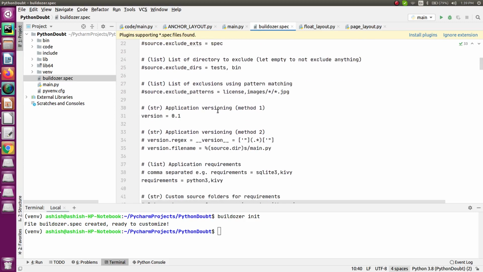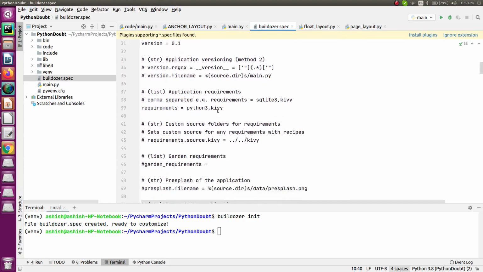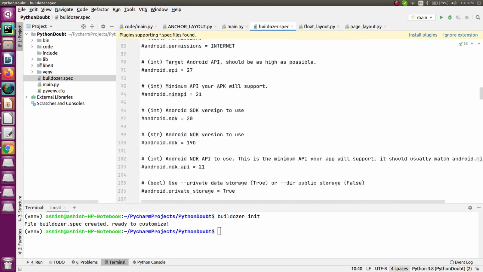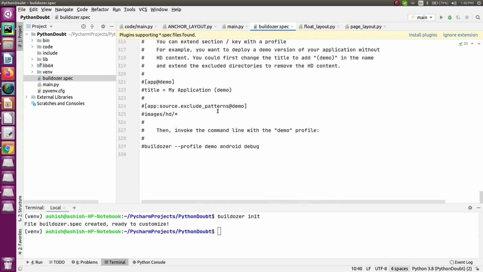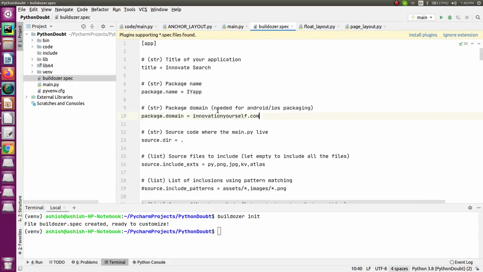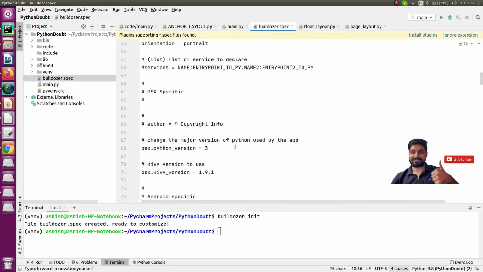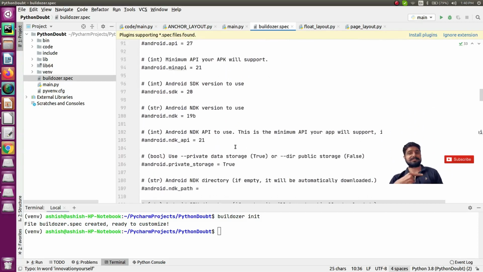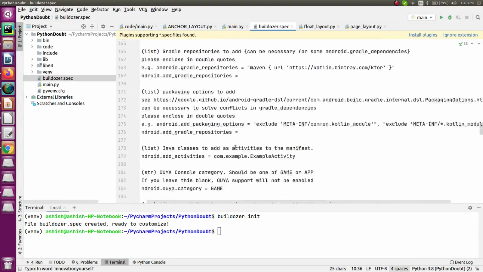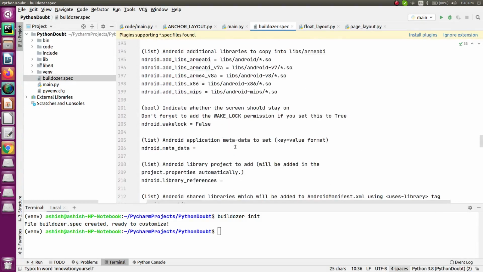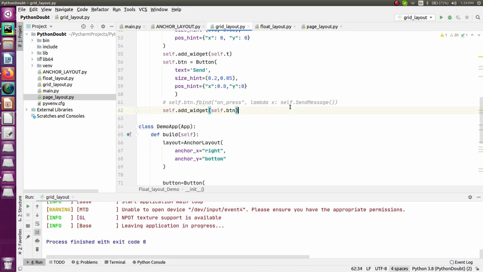And other than that, you don't have to change everything, but if you are a beginner over here and you don't know much about this thing, then no need to change the rest of the things. The only thing that you have to change over here is the title, the package name, domain, and that's it. Rest of the things you don't have to change, but here sometimes you will get an error, and that's the reason I have to change one more thing. Let me just show you where I have to change it, right? Click on this button. So this is all that you're gonna do, right?